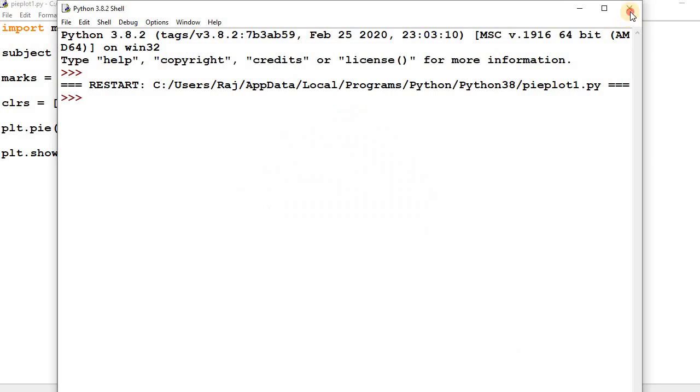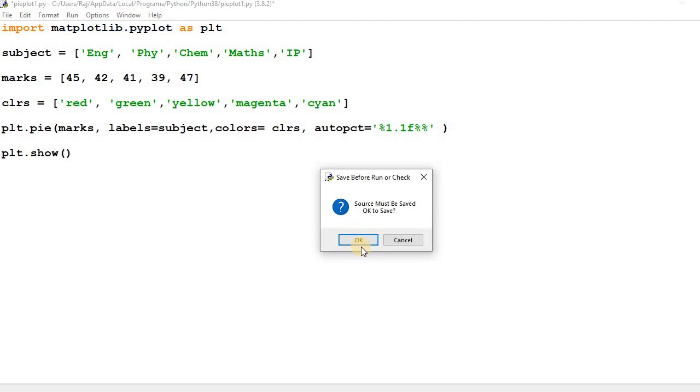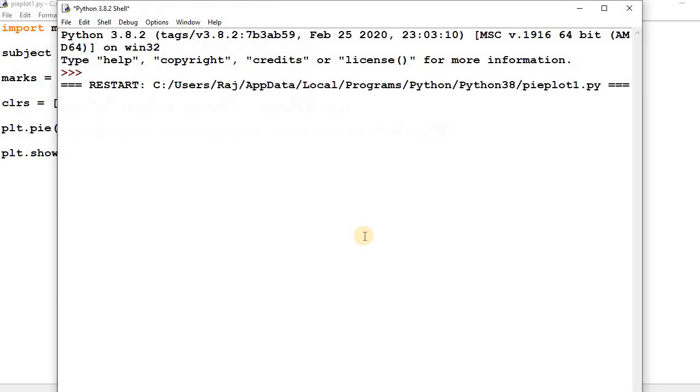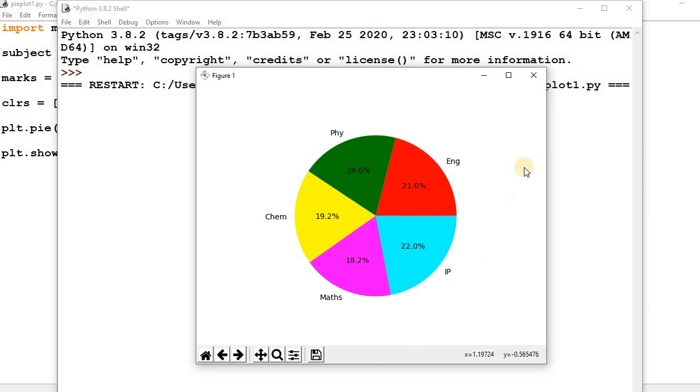So we can change the color. In place of black I want to use cyan, so it will display in this format. Okay, now it is displaying this way.